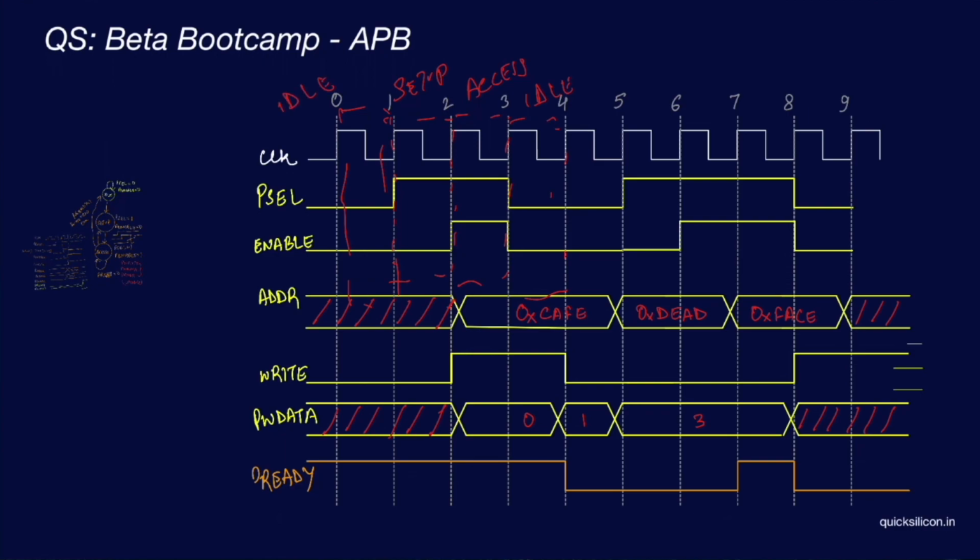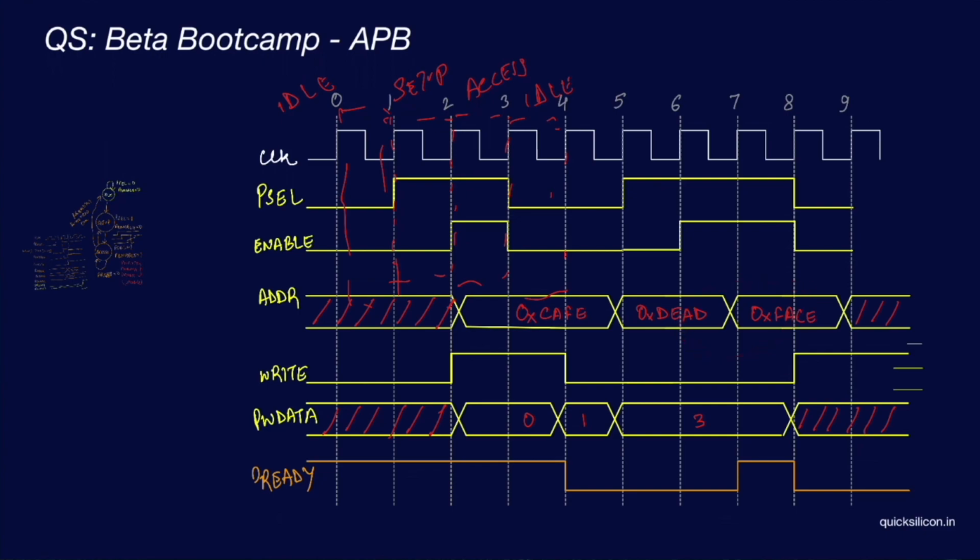Okay, so this is straightforward. Now let's discuss the violation case here. So let's assume that you have your particular transaction ongoing, that is you got a P select, which means you entered your setup state here. On the next cycle, your P enable goes high, which means you entered your access phase. But as you notice, your address got changed here while you were in the access phase. The protocol mandates that once you enter your access phase, you're not allowed to change your address or your write data or your P write signal. But here we see that it is happening.